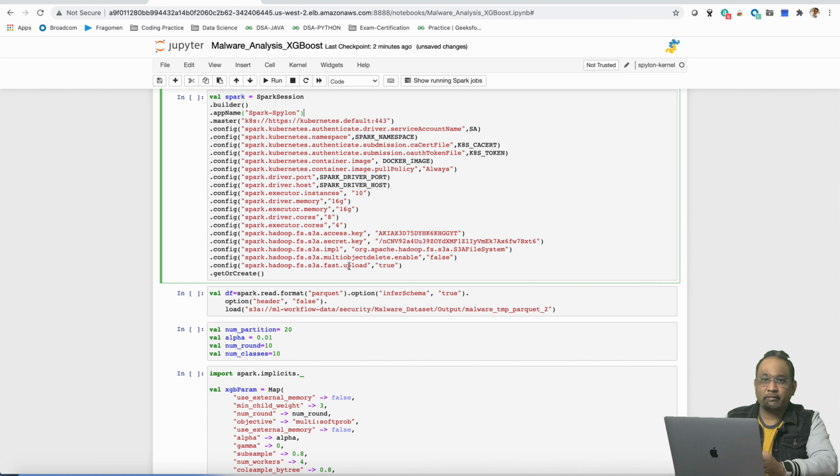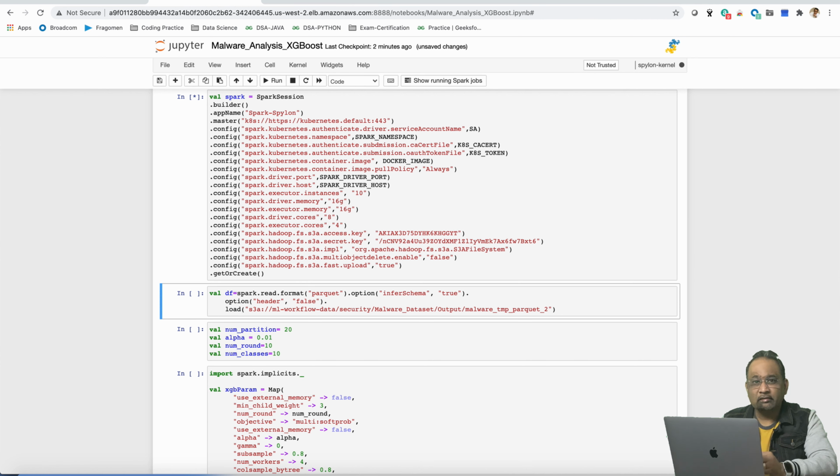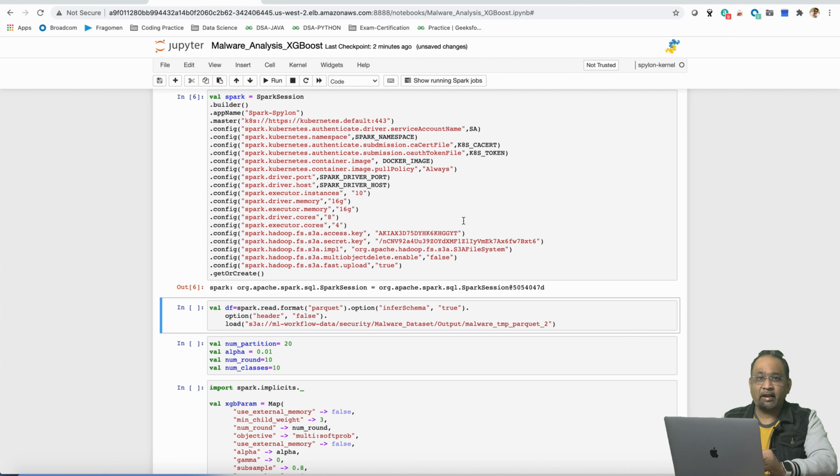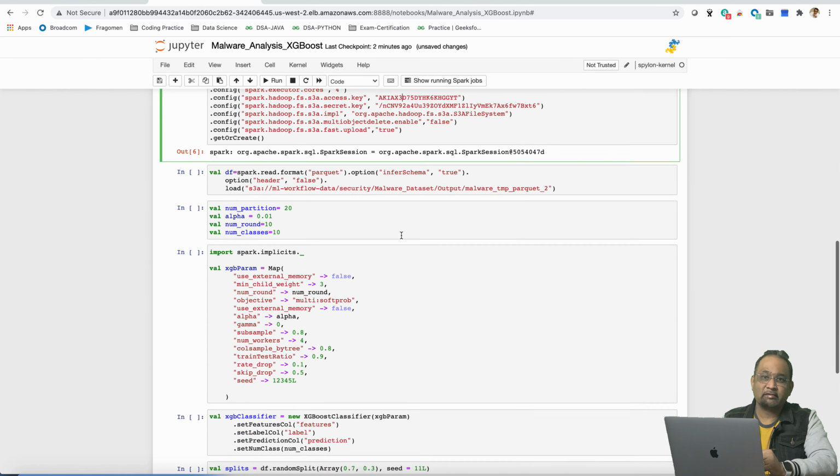The fourth cell is where we are creating the data frame against which we will be running the malware analysis. If you notice, we are getting the data from the output of the previously executed feature engineering section, which was the completion of the NLP stage where we had already extracted the features from the malware analysis.